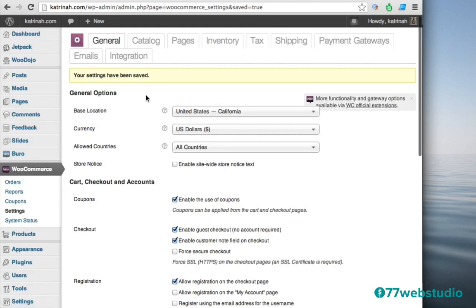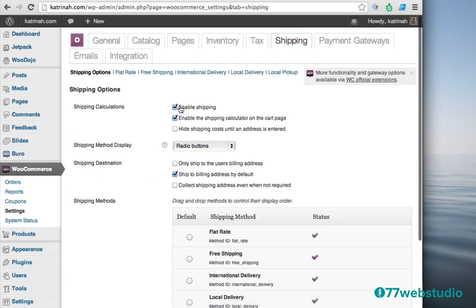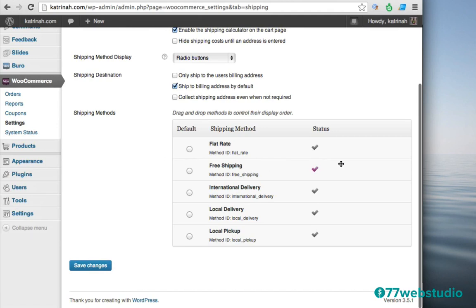Okay, once the settings have been saved, now the dollar sign should be displayed instead of the pound sign. Let's take a look at our other options here within WooCommerce. So the next thing is we need to set up shipping. So I'm going to click on the Shipping tab right here. And here we see the shipping has been enabled, and when I scroll down it looks like free shipping is currently the default, so I'm just going to make sure that's correct. So I'm just going to click on default here and click on Save Changes.